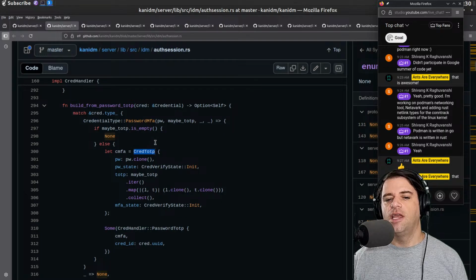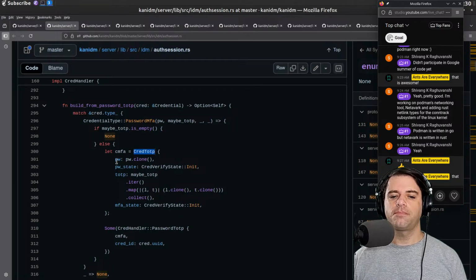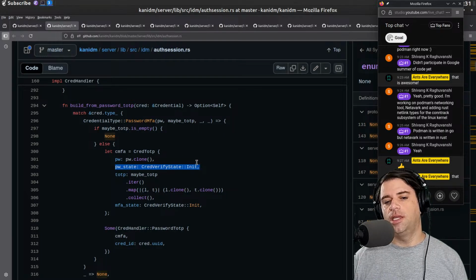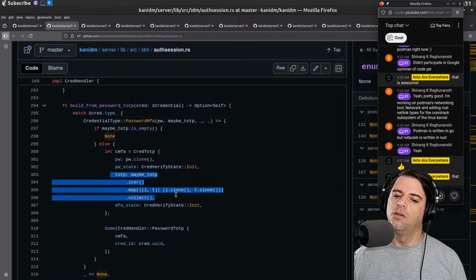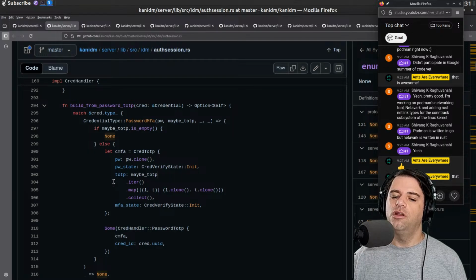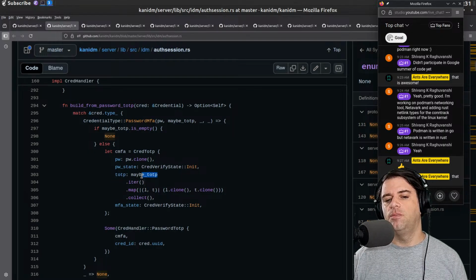We're going to try to create a credential struct by cloning the password, setting the state to init, like the cred verify state is being initialized. We're going to clone. We're iterating over something, so I guess maybe TOTP has some collection in it, and then maybe just the digits.